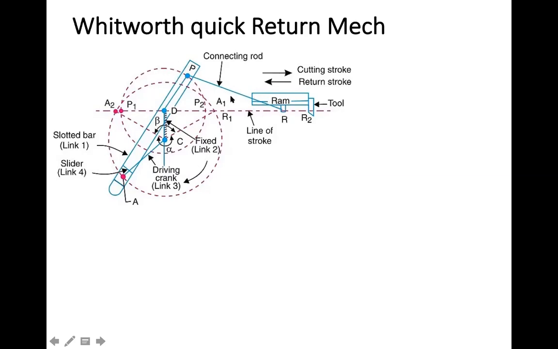So actually this is only rotating about this. The actual mechanism is involved in this only. This is an inversion of the four bar linkage. One of the bars is fixed and one of the bars is sliding, and the other two bars are oscillating. So this is a typical Whitworth quick return mechanism. So this is your ram.